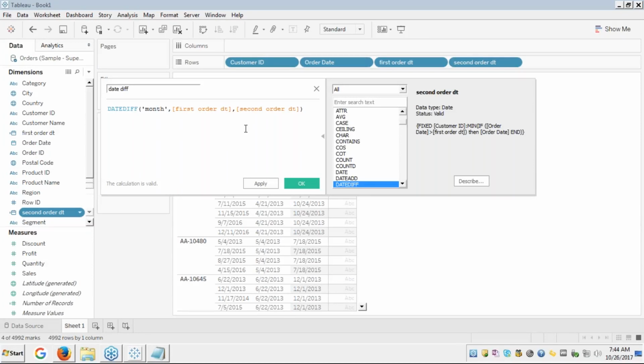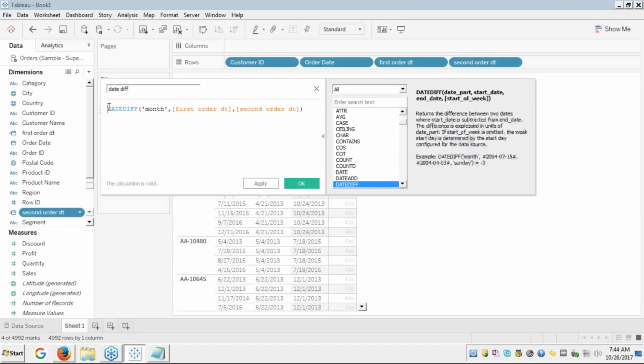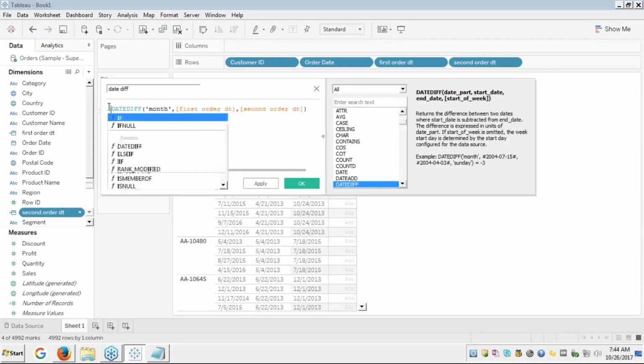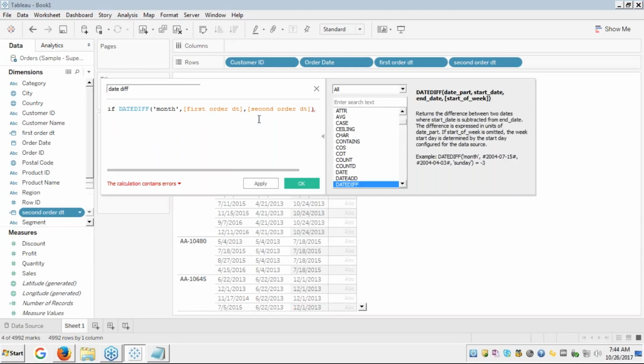So I'm going to write an if condition here. If my difference between my first order date and the second order date is greater than or equal to 6, then I'm going to say it is more than 6 months. Else